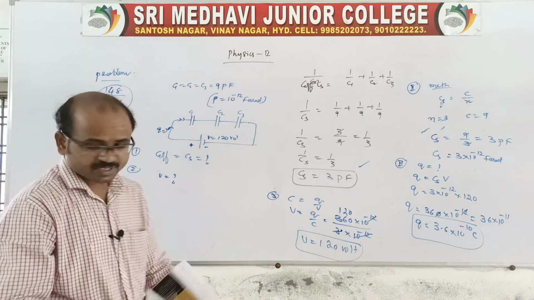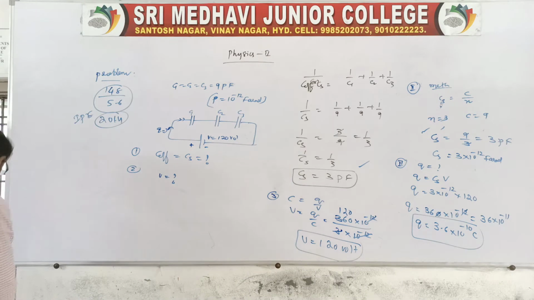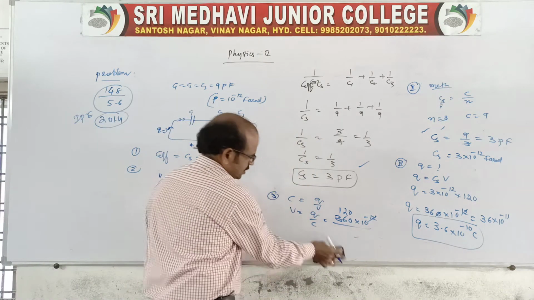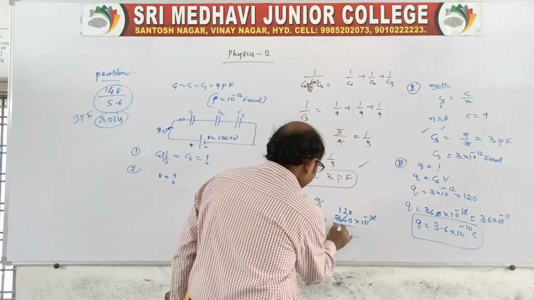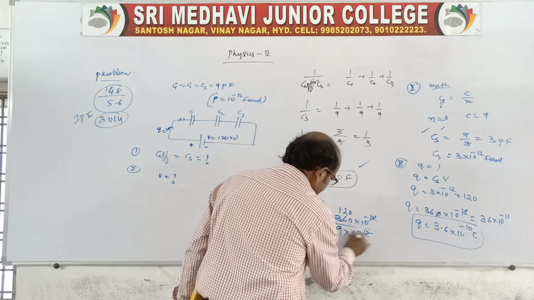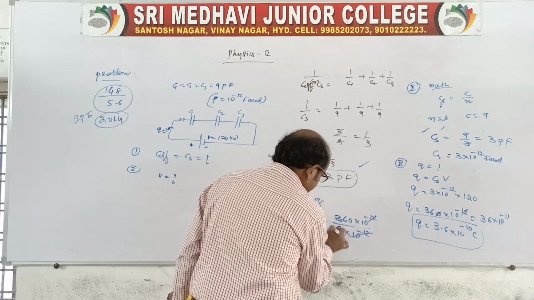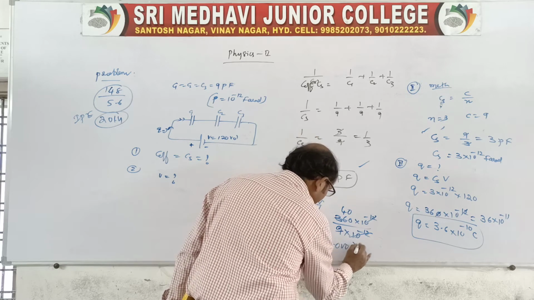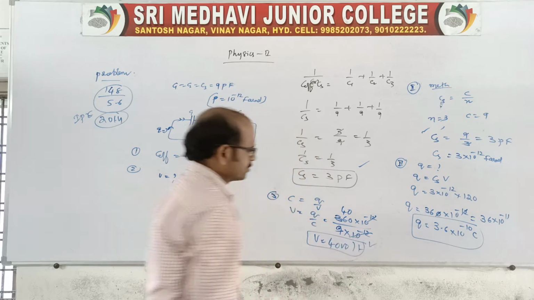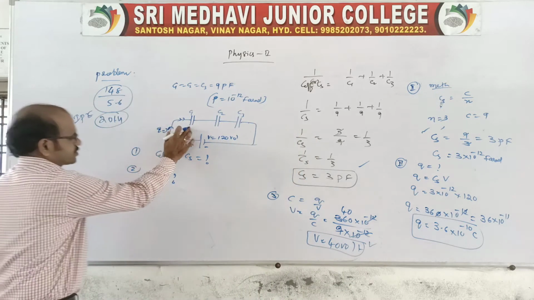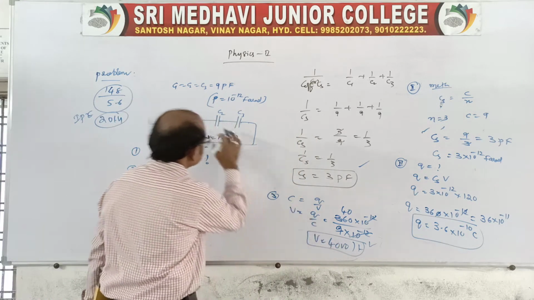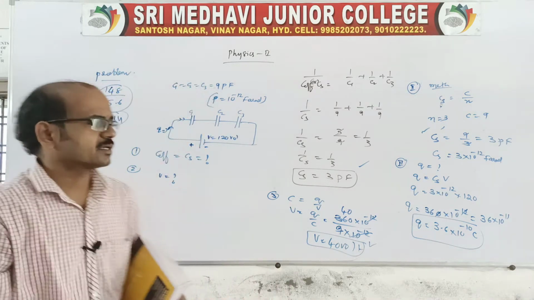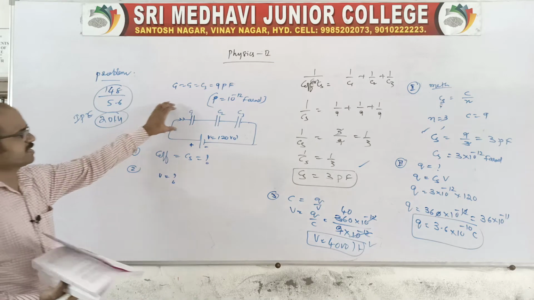Now he is asking for the individual potential differences. You don't take the effective capacitance here; you write the individual capacitance, 9 into 10 power minus 12. So it cancels, and 9 fours are 36, so V is equal to 40 volt for each individual capacitor. Because whatever charge is entering, V is 40 volt, 40 volt, 40 volt, like that, since the capacitors are given in series.